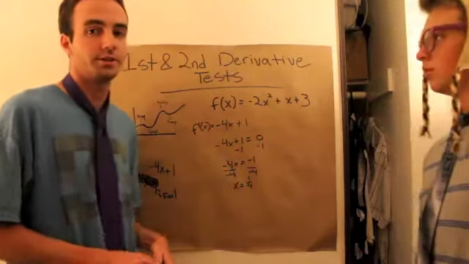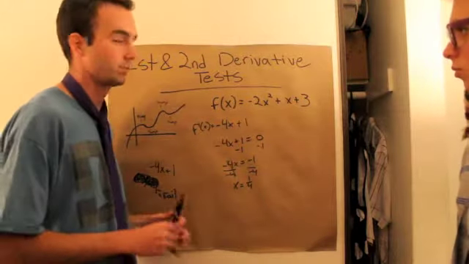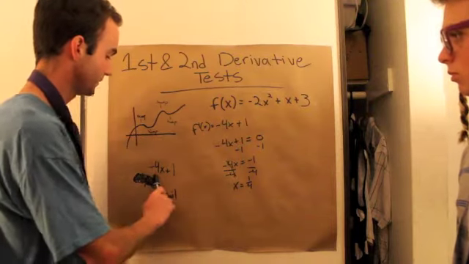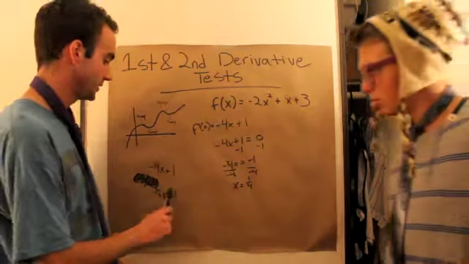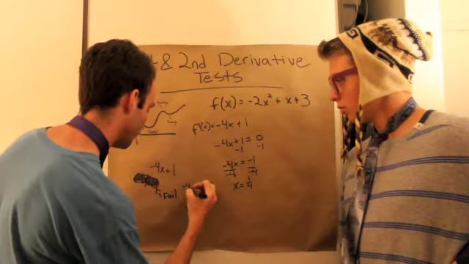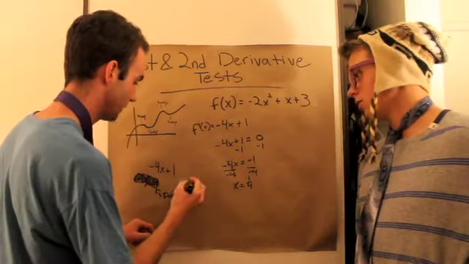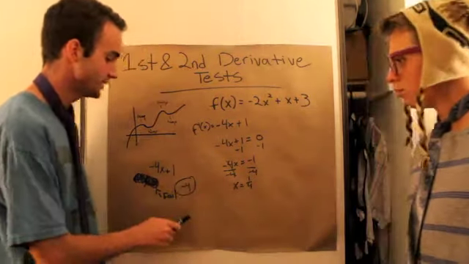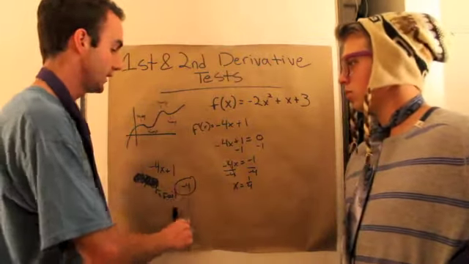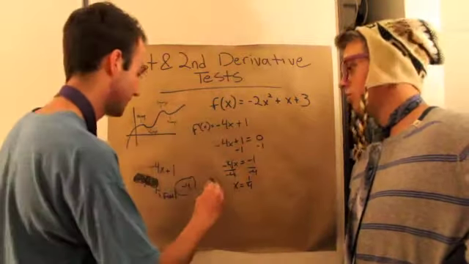Okay, so now moving on to the second derivative test, all we're doing is taking this derivative and we're deriving it one more time, second derivative. So we took this equation, put it over here, and once we derive it, it's pretty easy. We end up with negative 4 plus 1, 1 derived is just 0, so we have negative 4. And since this is a negative, using the second derivative test, we found out that if we were to graph this, it would look like a concave down graph. So something kind of like